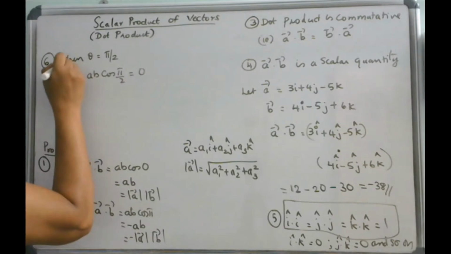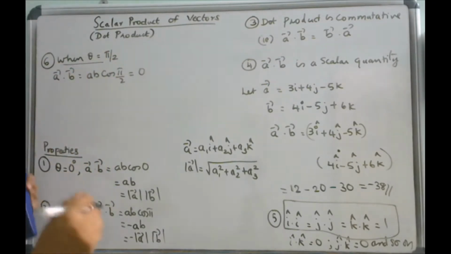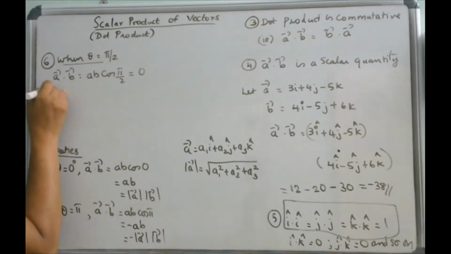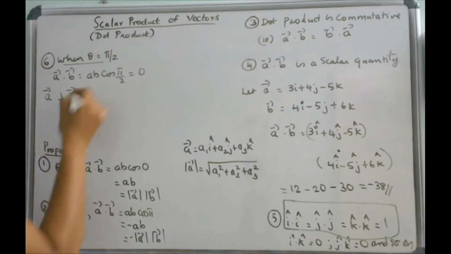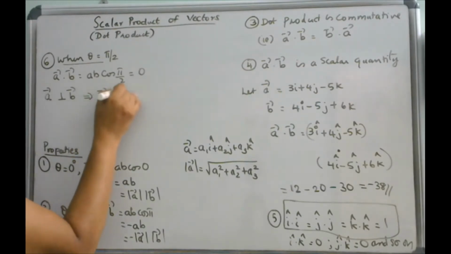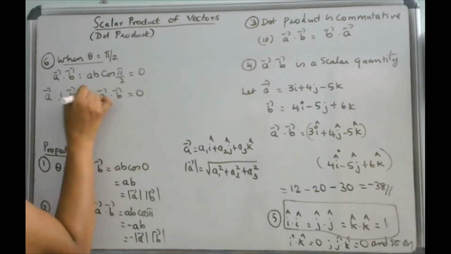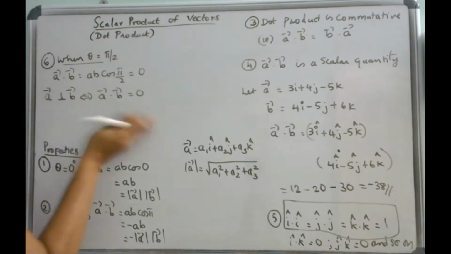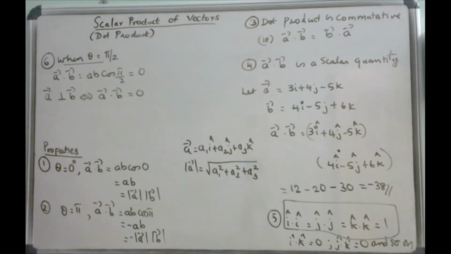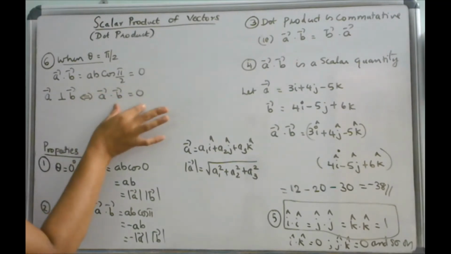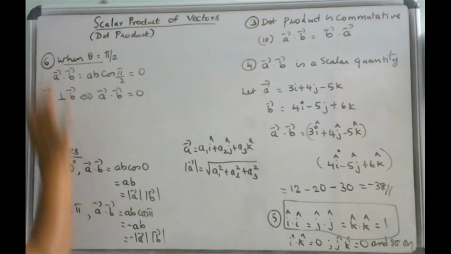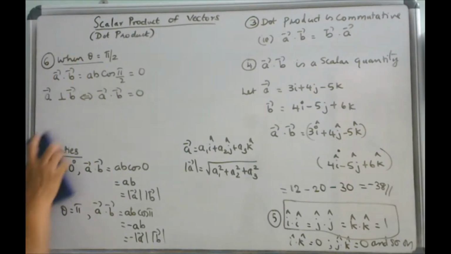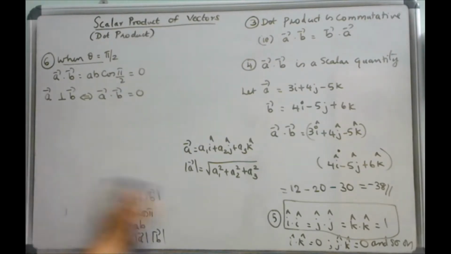So this is also a condition for proving two vectors to be perpendicular. Two vectors, vector A and vector B, are perpendicular implies A dot B equal to 0. Implies and is implied by can be put. That means both the conditions are satisfied, in the sense that if two vectors are perpendicular, their dot product is 0. Or if the dot product of two vectors is 0, then you say that the vectors are perpendicular. So that is also a property which you can learn along with this. That is another important property.